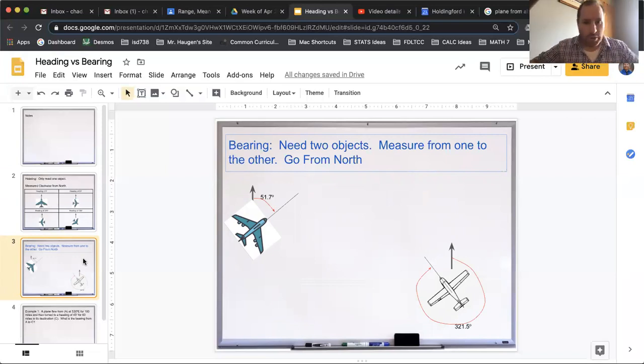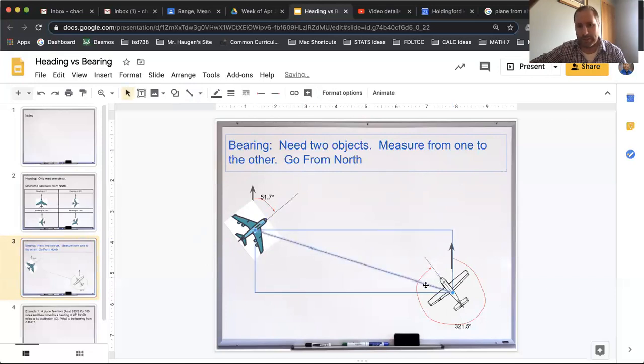It's a lot of words to say at once, so let's take a look at the picture. What I have pictured here is two airplanes. One airplane has a heading of 51.7 degrees. This airplane has a heading of 321.5 degrees. That's its heading, and it's not its bearing. To find its bearing, what we need to do first is to connect the two